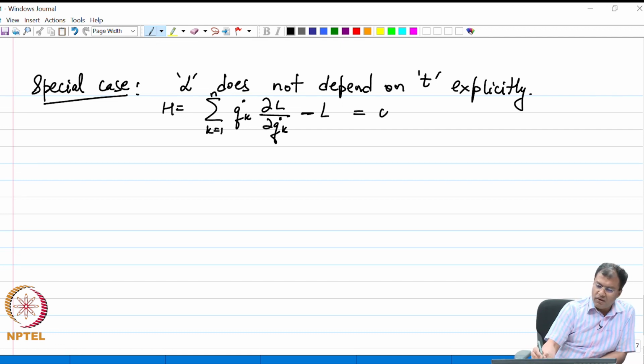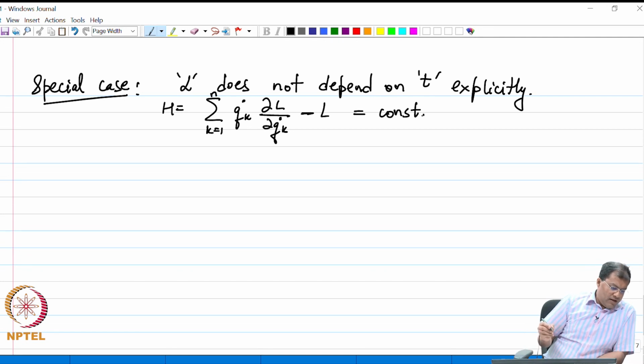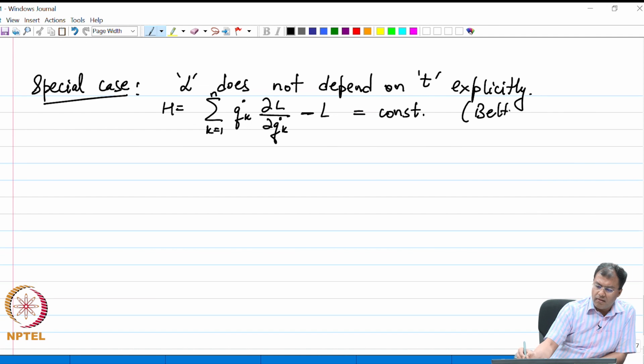So, this will be equal to a constant. Okay. So, we see that when L does not explicitly contain t, the independent variable, the Beltrami identity is of the following form, where we have the summation over these variables q k's. So, this is my Beltrami identity,